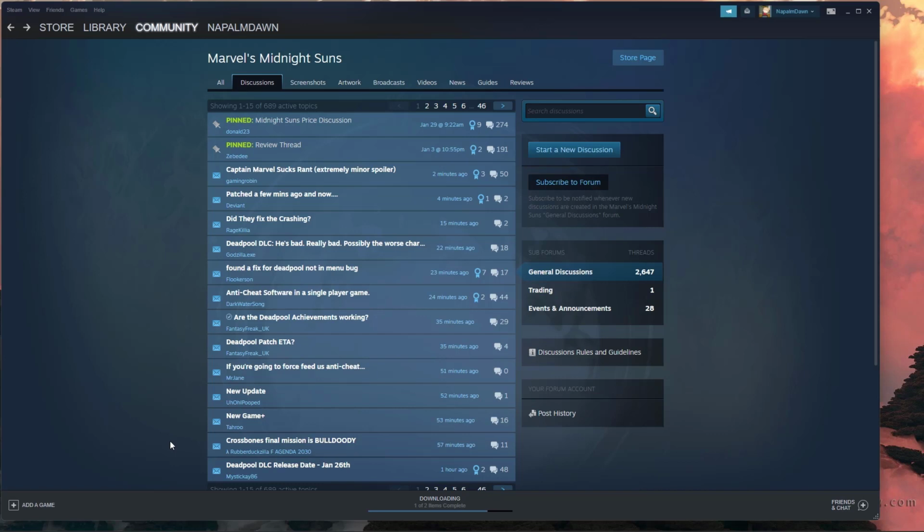You are going online in the sense that it launches that 2K launcher in between your click from Steam into Midnight Suns and then actually launching the game. There's an intermediary launcher, which of course is online. However, for all intents and purposes, we do call this an offline game. It is certainly a single player game,